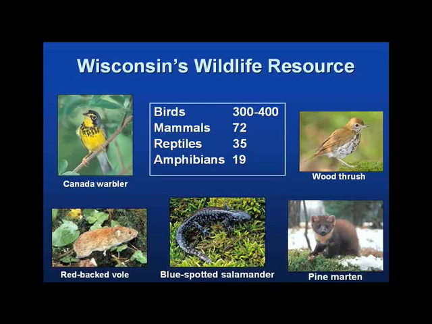So we have 6 different species of shrews. There are 2 different species of moles. We have 8 different bat species in the state. And voles, like the redback vole in the lower left-hand corner, there are 4 different species of voles. So I think there are a number of landowners who aren't necessarily familiar with all of the smaller species of mammals